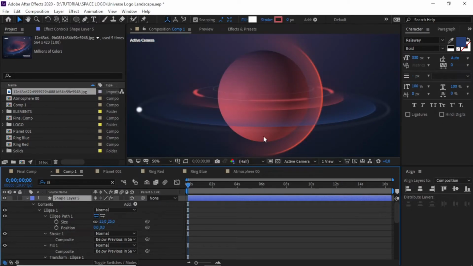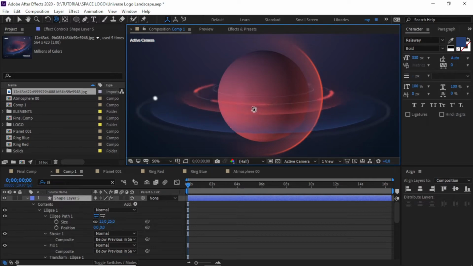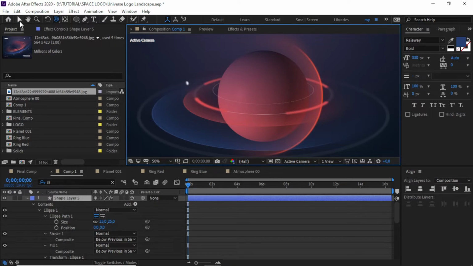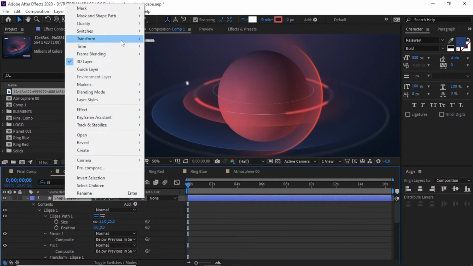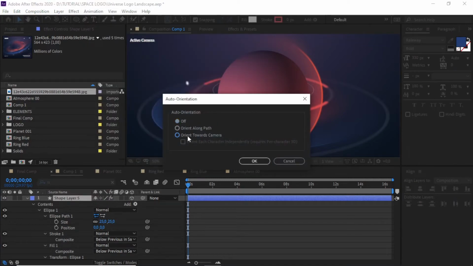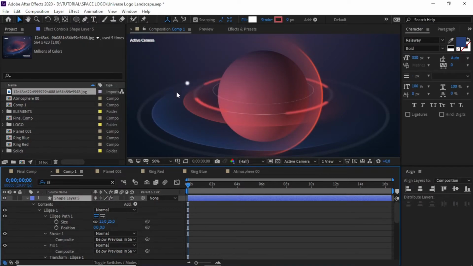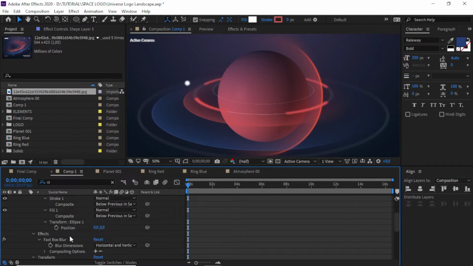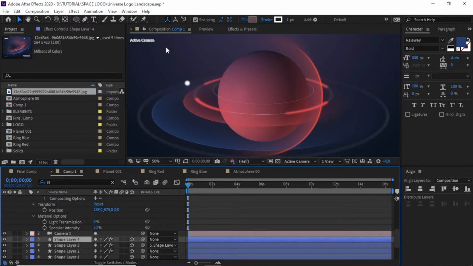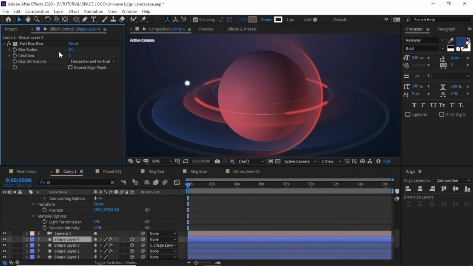So when we move the camera, as you can see, this one will not be facing our camera, so we need to make it transform, orient toward the camera again like this, and maybe the size needs to be bigger, and it's just too much, I think.